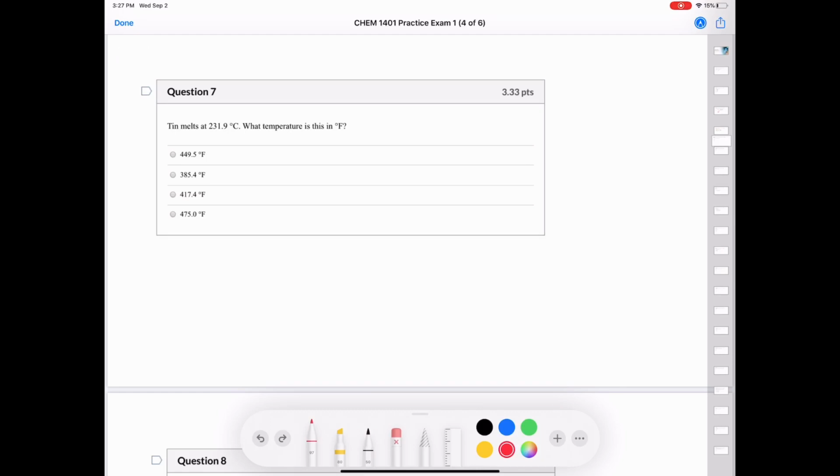Next question, tin melts at 231.9 degrees Celsius. What is this temperature in degrees Fahrenheit? So if we want to convert from Celsius to degrees Fahrenheit, what we do is we take our temperature in degrees Celsius, we multiply it by 9 over 5, and then we add 32 to it. And so when we plug that into our equation, we get